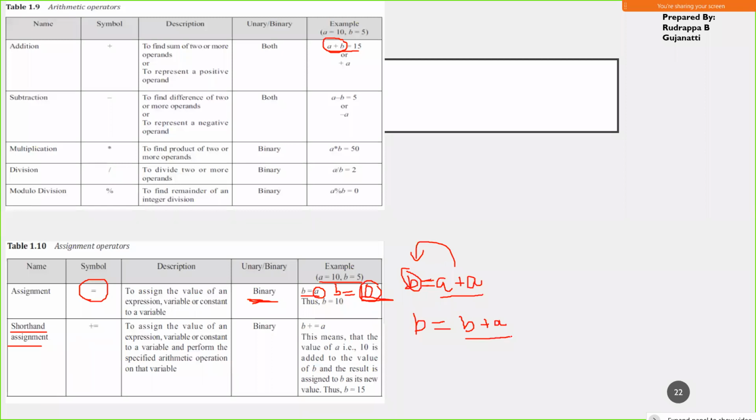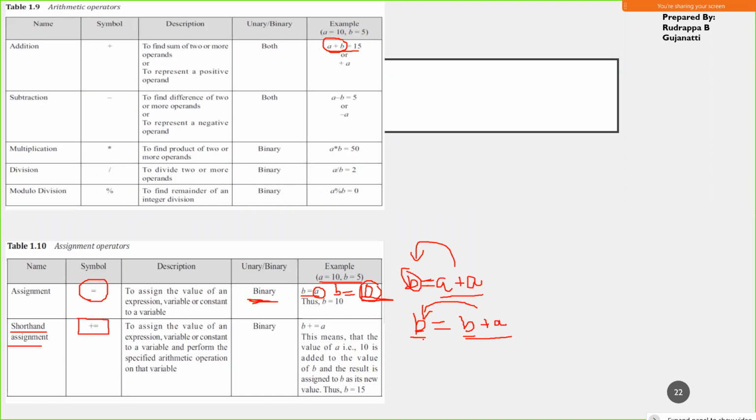The value of B plus A is evaluated, and then it is stored in this variable B. Here you can see that B is present on the left hand side and also on the right hand side. So can I reduce this expression? I can reduce this expression with the help of what we call shorthand assignment.